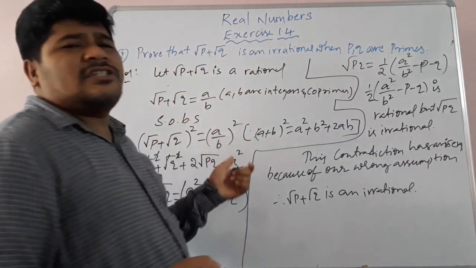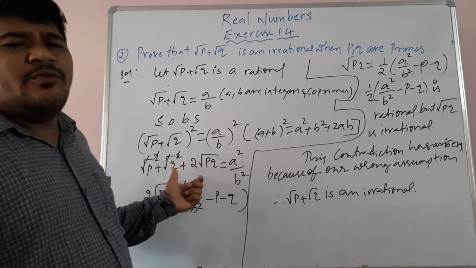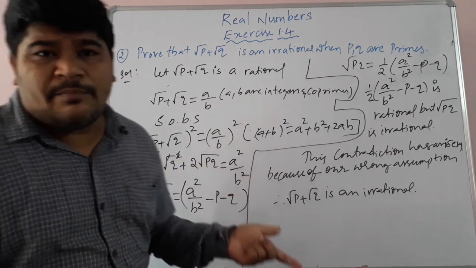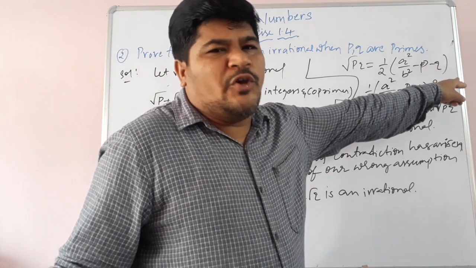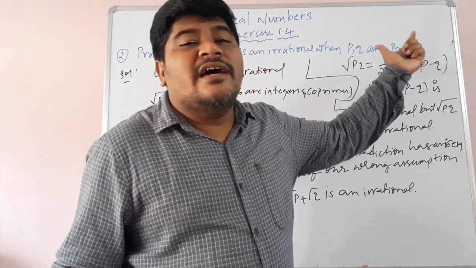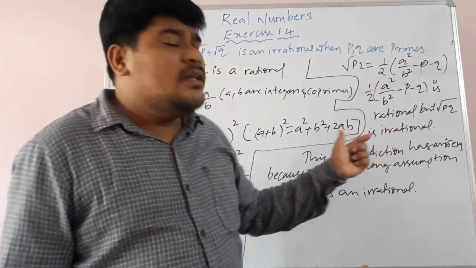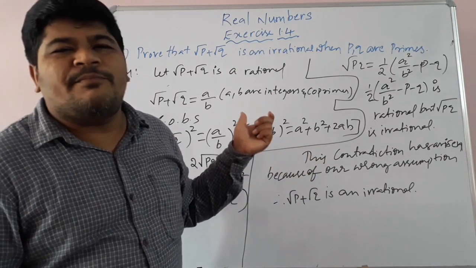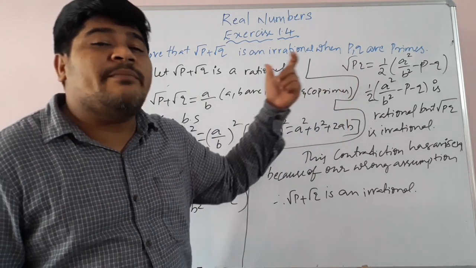We assumed it as rational, equal to a by b, squared on both sides, and pq is there. So p and q without square root symbols are what? Rational numbers. So transpose to the other side. They mention here p and q are prime numbers. Half of a square by b square minus p minus q is rational, but root of pq is an irrational. Rational cannot be equal to irrational. This contradiction has arisen because of our wrong assumption. Therefore, root p plus root q is an irrational number. So children, in this way we can prove given irrational numbers are irrationals with the contradiction method.